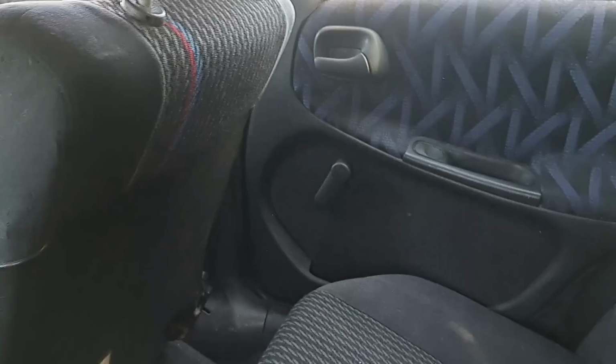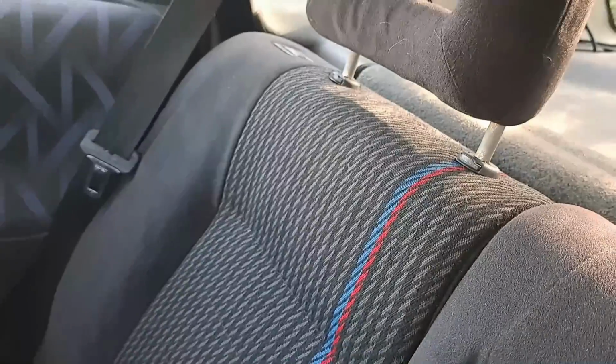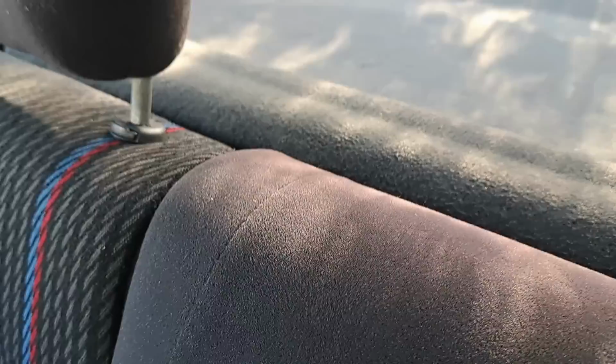Yeah, you've even got an armrest in here, because it's got a ski hatch as well. All the luxury, it's all the luxury. There we go, ski hatch, armrest. The only thing I would...